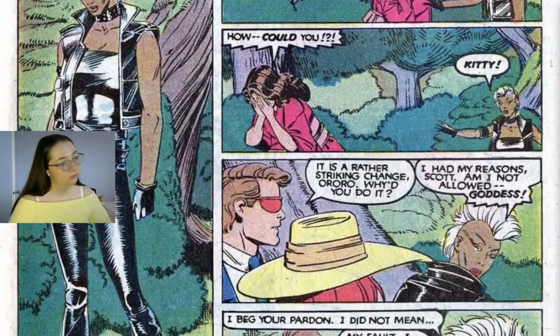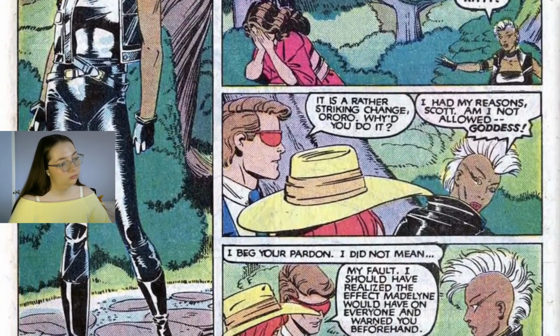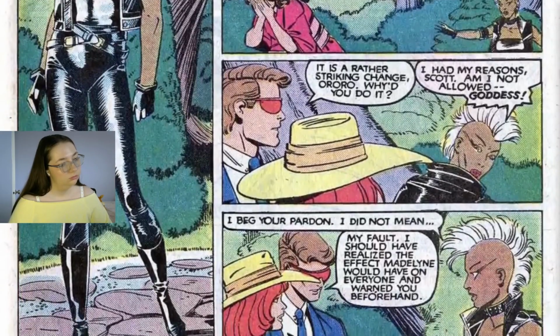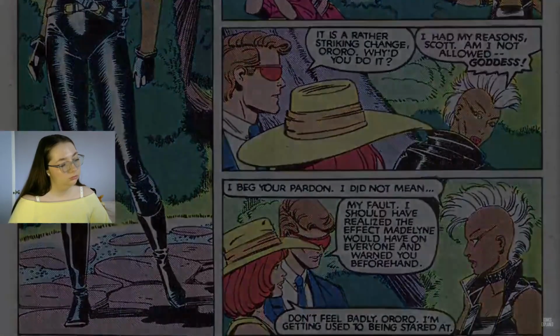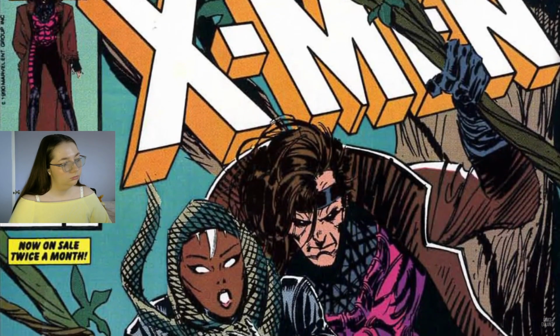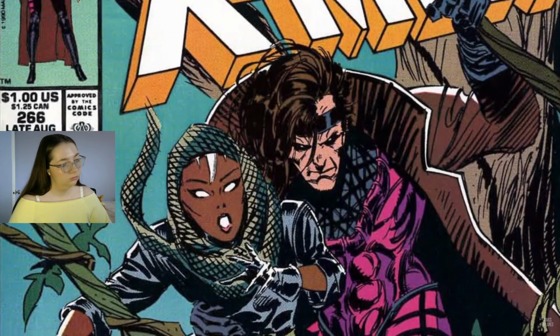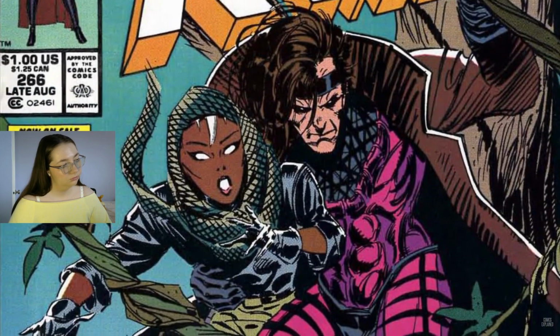Storm don a new look with a mohawk and leather, a major focal point of her character was a feeling of being split between her role as a member of the X-Men and her place as leader of her people in Kenya. This element of her character was fleshed out further by Chris Claremont over a series of background stories in Uncanny X-Men issues 253 to 267, which saw her traveling back to Africa, but also saw the introduction of